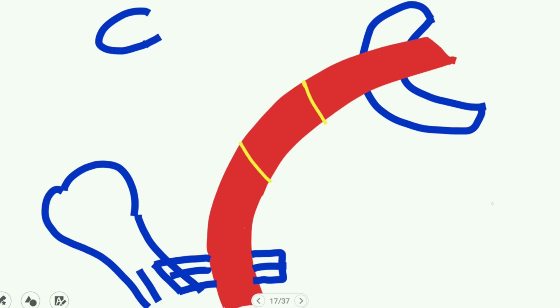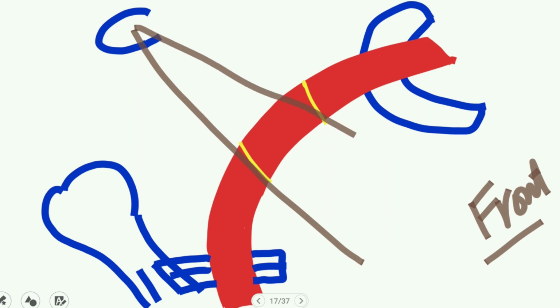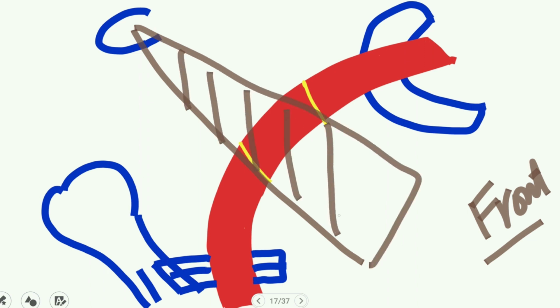Now look here, I'll quickly demonstrate the muscles present on the front of the axillary artery. What are the muscles that are present on the front? It will help us in adding more data about the relations of the axillary artery. You know that the pectoralis minor muscle crosses the artery in the middle area, and we divide the artery with the help of the pectoralis minor into three parts.